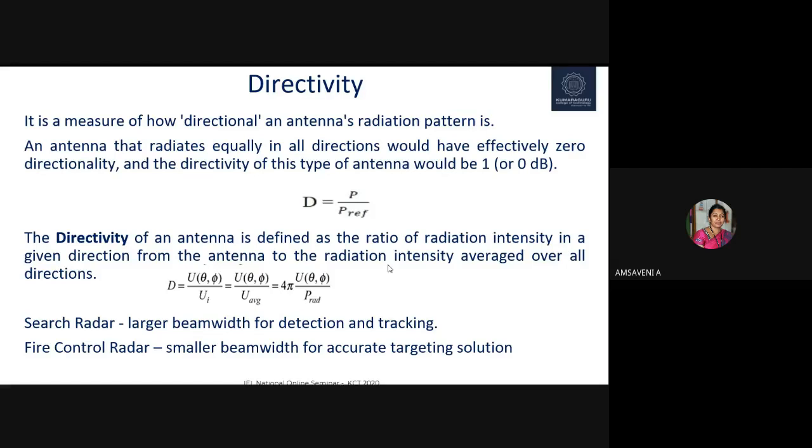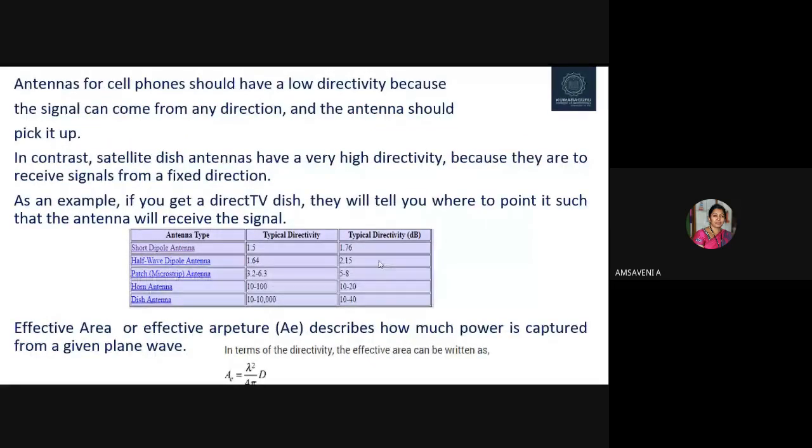We need very narrow beam width antennas. And for search radar applications, we need larger beam width. Similarly, antennas for cell phones should have low directivity because the signal may come from any direction. Okay, so your antennas should have low directivity. Then only can it receive signals from any direction, and the antenna receiver can pick the signals from